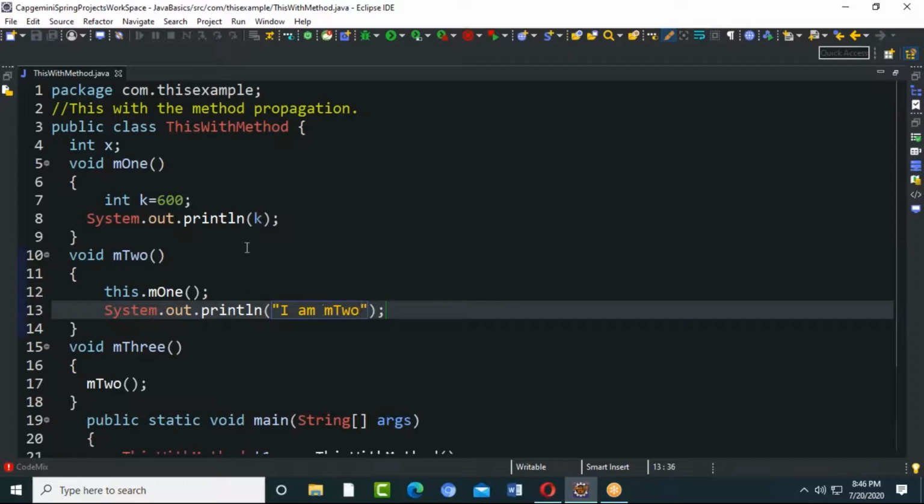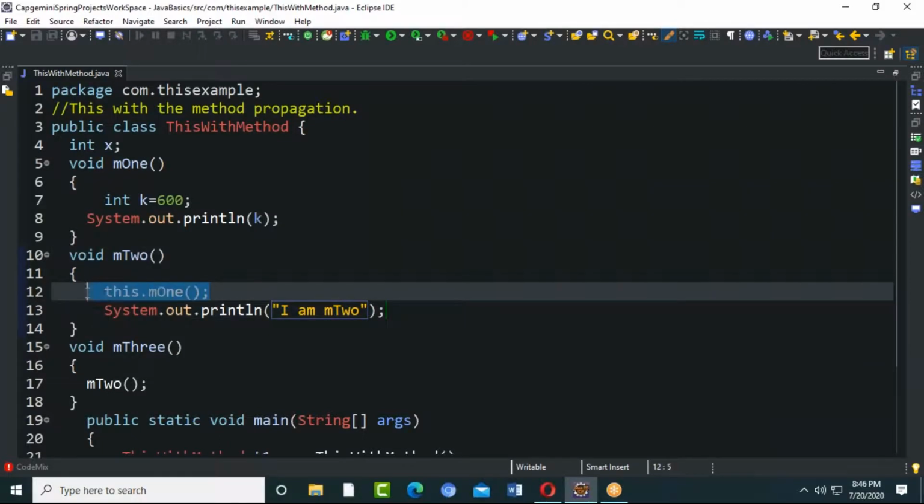Here I would like to say that apart from that M2 functionality, it's going to have M1 functionality also. For some reason, they wanted to access it. In that case, we need to use this keyword. Are you getting me?